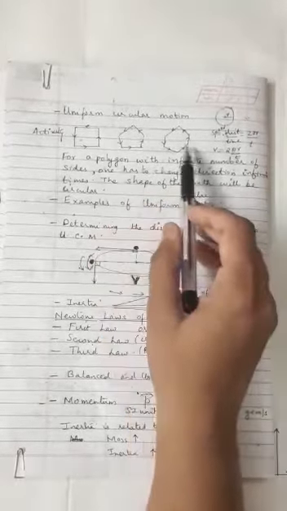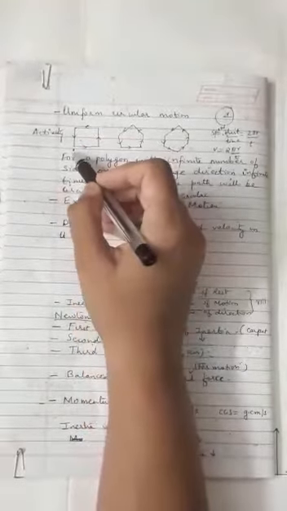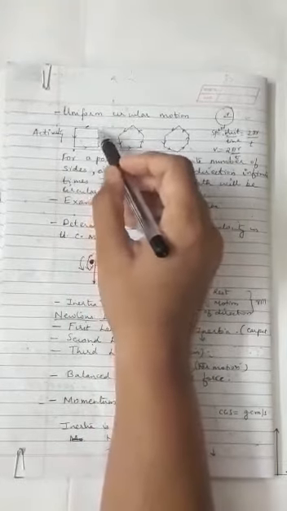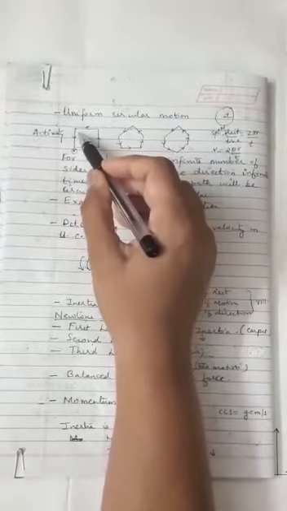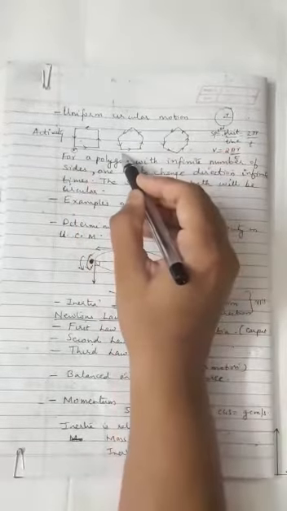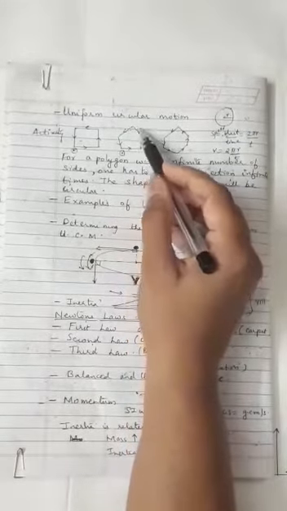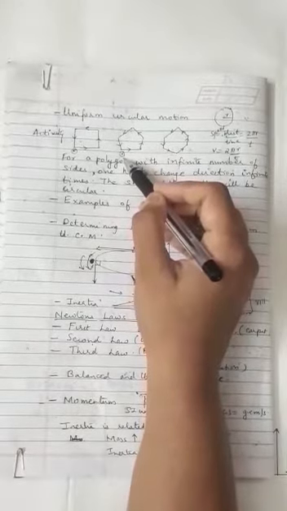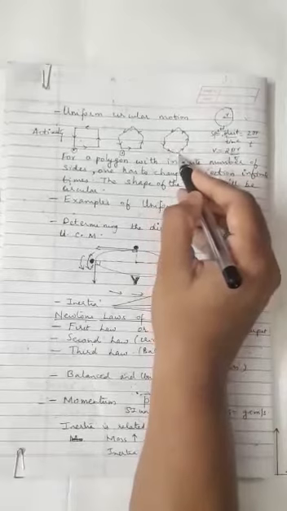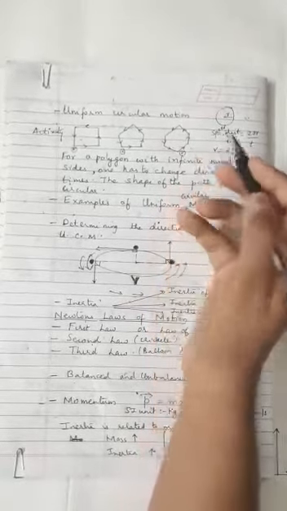Now children, can you see here we have an activity. Now we are allowing the body to move from this point, and this time, since the shape has 4 sides, the body is going to change its direction 4 times, correct? Now here, if I allow this object to move along this track, it has 5 sides, so the object is going to change its direction 5 times. Then this is a hexagon. Here the object is going to change its direction 6 times, and so on.